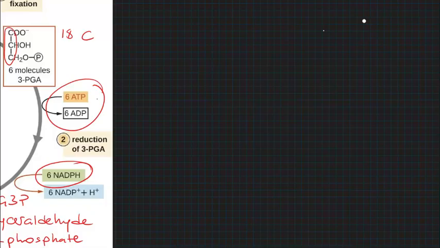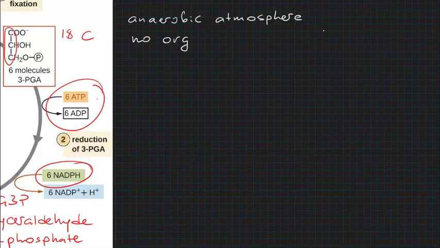Okay? So, few questions. Question number 1. The original atmosphere on Earth, did it contain any oxygen? No. Anaerobic atmosphere, right? So no oxygen. Did it have any organic food? No. So first cells. And when I say no, probably there were some organic compounds, but it was like,